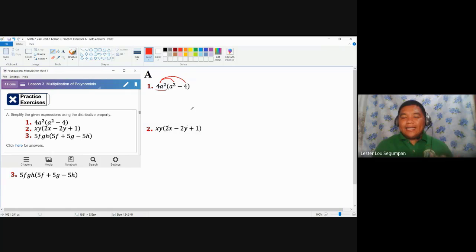Take note that in adding or subtracting polynomials, the literal coefficients were just used to determine whether the terms are like or not. If they are like, we can add or subtract. But even if we add or subtract, we cannot manipulate the literal coefficients. We only use the numerical coefficients. But for this practice exercise, the multiplication of polynomials, we can now manipulate the literal coefficients using that mentioned law of exponent. I'm going to show it to you.